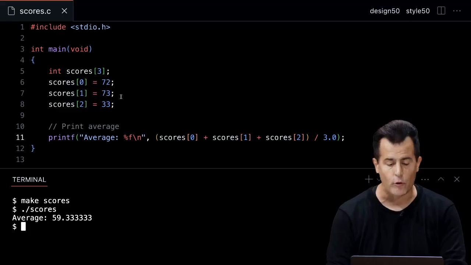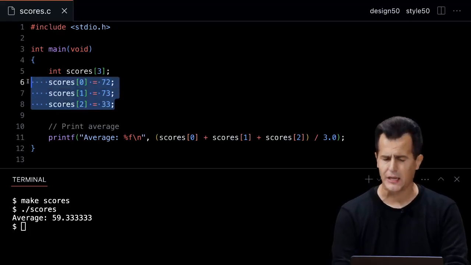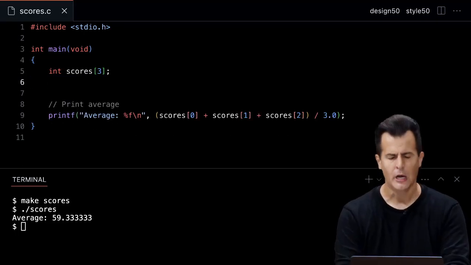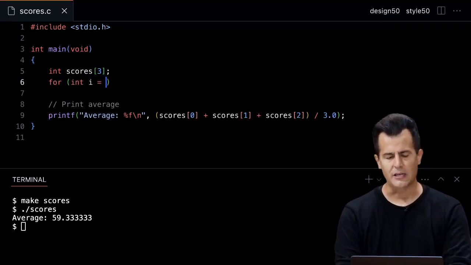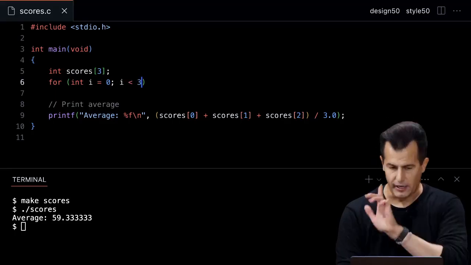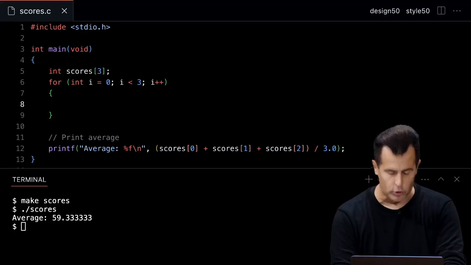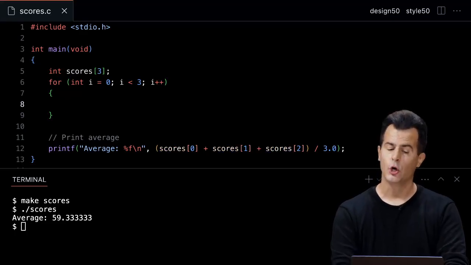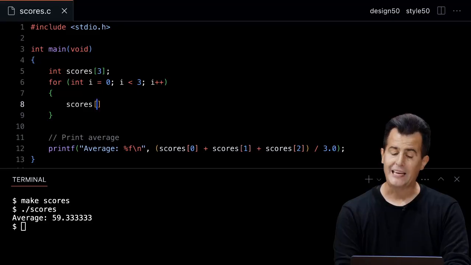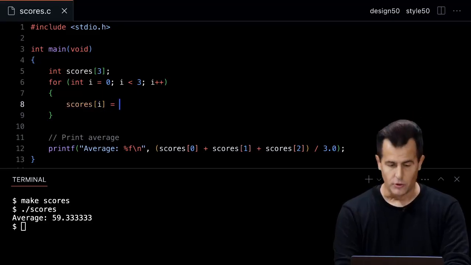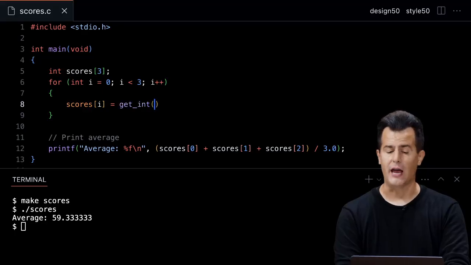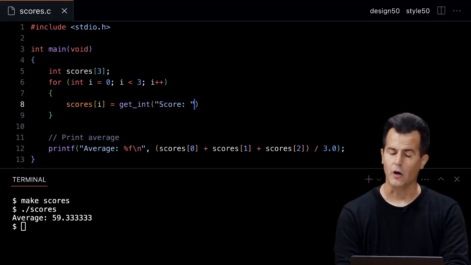So let me do this. Let me get rid of these 3 lines, which look like copy paste, except for the changing number. Let's do for int i is 0, i less than 3. So I'm not going to screw up this time. Not less than or equal to, but less than 3, i plus plus. Then inside of this for loop, let's go ahead and use this syntax. scores bracket i equals, let's actually ask the user now for their score rather than hard code it at all